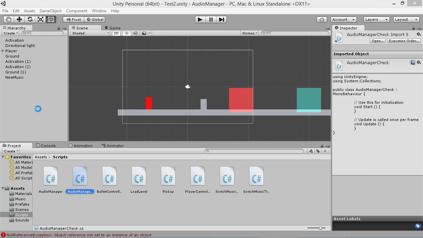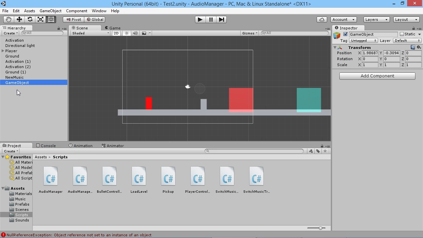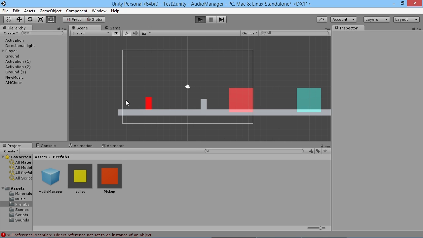So we'll save that. We'll go back into our scene here. And then we're going to create another object. Once that compiles, we'll go Create Empty, and we'll call this our AM check, for audio manager check. We'll give it that script there like that. And then in our prefabs folder here, we want to drag our audio manager from there into our slot here. And now, if we play the game,